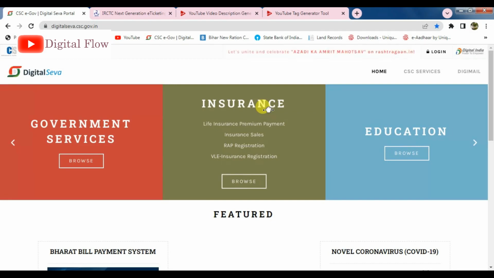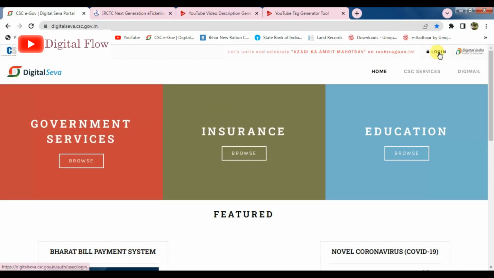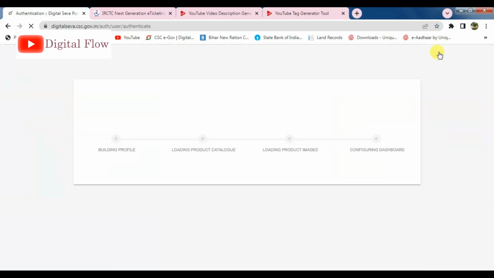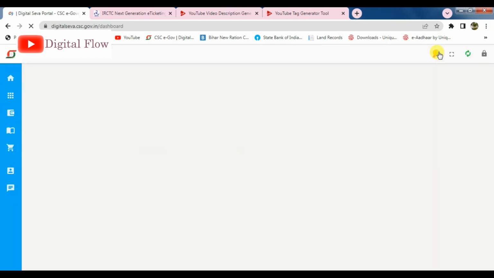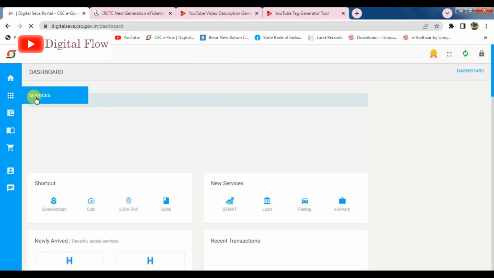First of all, we will log into the CSC Digital portal, as it is the regular process you know very well. Then we have to book one ticket from the new ID. I will show you how to book and what the booking process is.